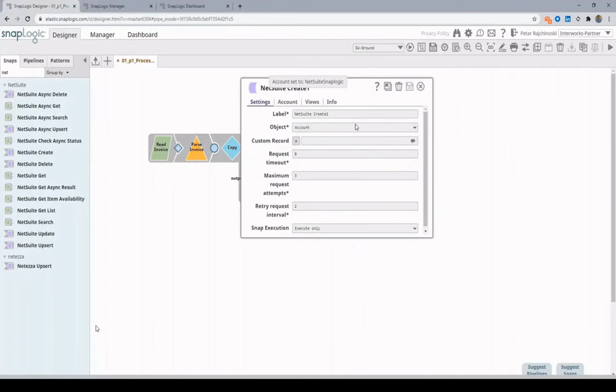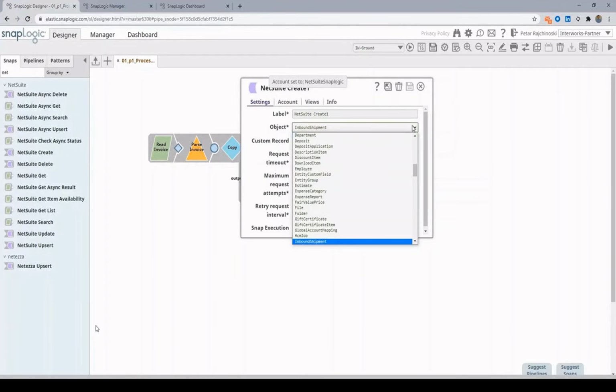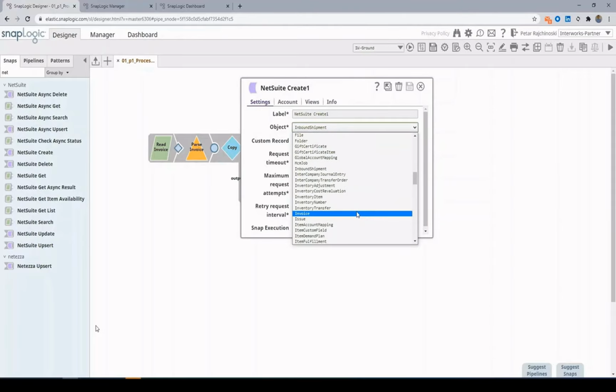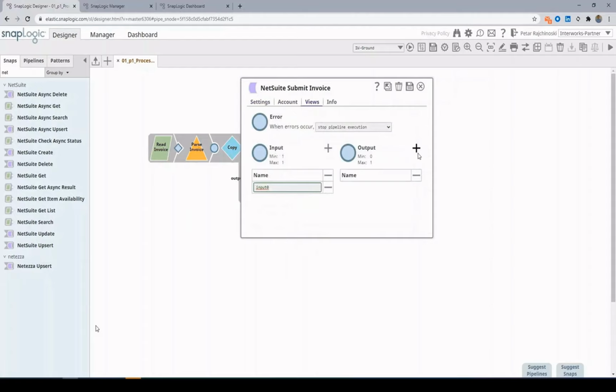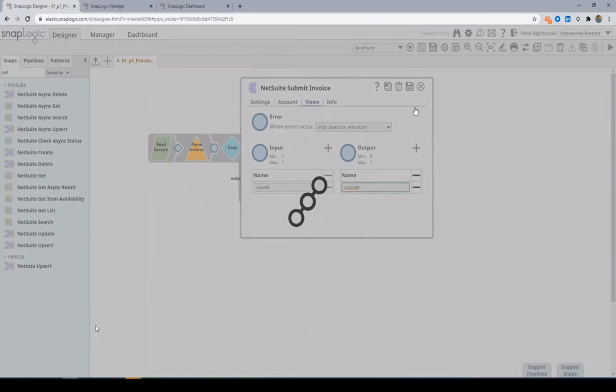And we have the stage when we should create or actually submit the invoice using the NetSuite create snap.